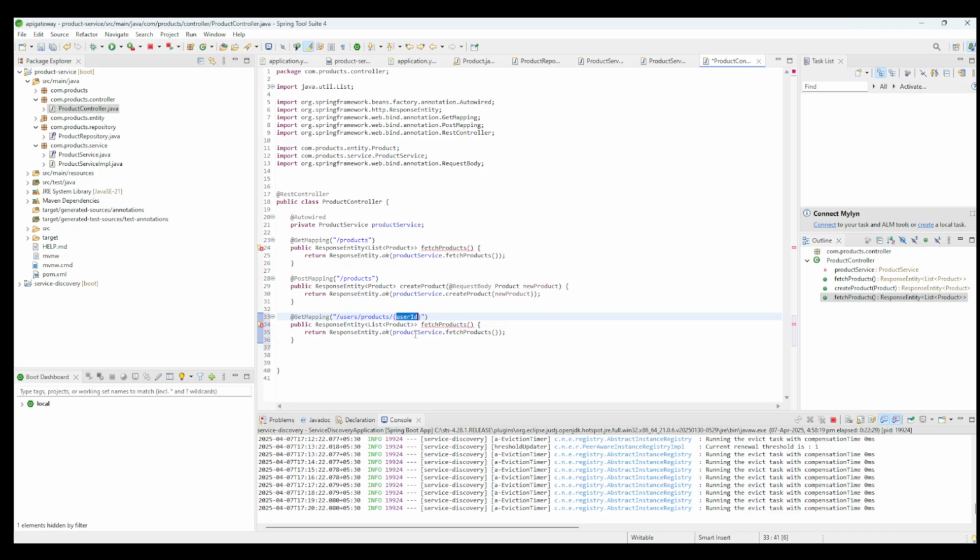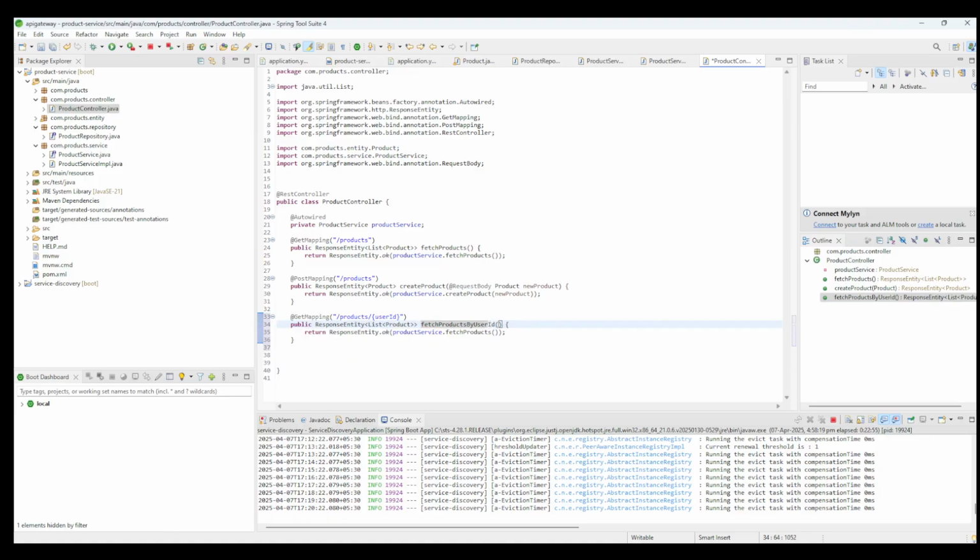For this user ID it should return all the products. This much is enough, products and user ID. Okay, fine. And here it should return the list of products, and here we can say fetch products by user ID,